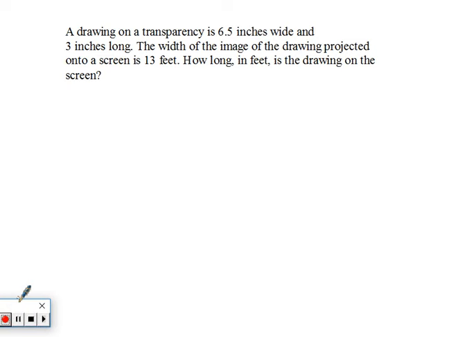Actually, I'm going to work this one completely with sound. Then I would like you to try the second one: pause the video, try the second one, and then see how your work compares to mine. But the second one, I will not be talking. I'm just going to work it out. So you have to keep thinking hard to see how your work compares to mine and why I'm